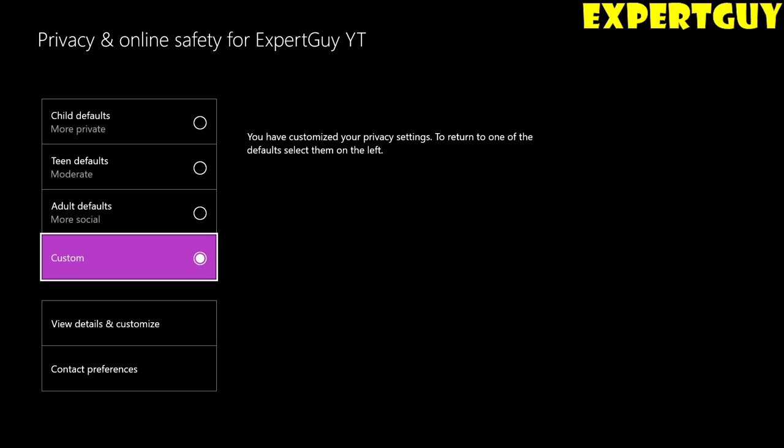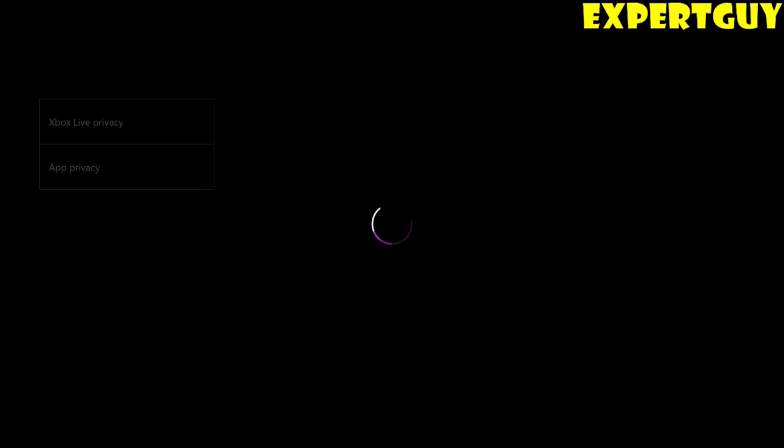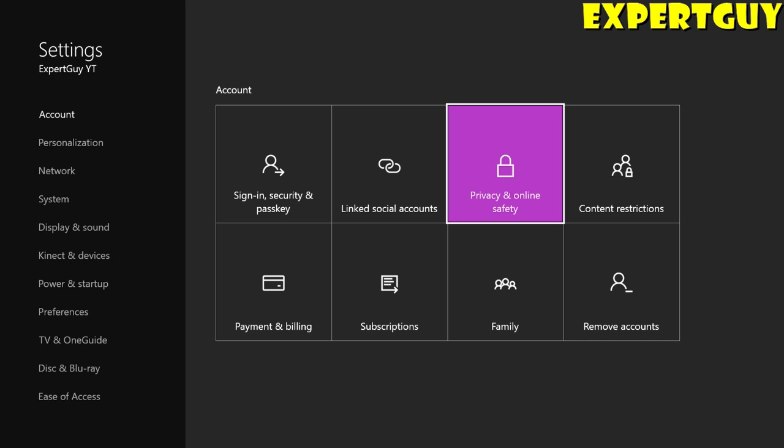After this is done, head over to your Xbox and hold the power button for 10 seconds and then release it, and it will restart your Xbox. Then press the power button again and it will start up. Once it's done, head over to your party, invite your friend and have some fun, because that problem is fixed. That is the way you can fix the party chat blocking problem on Xbox One 2017. This is an updated one.